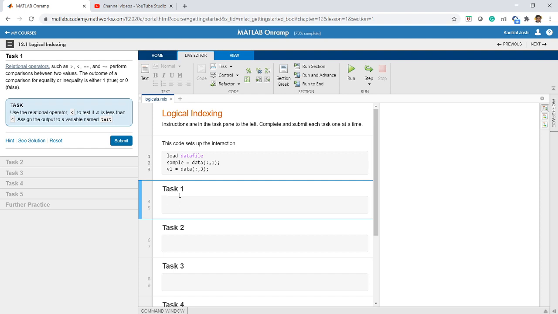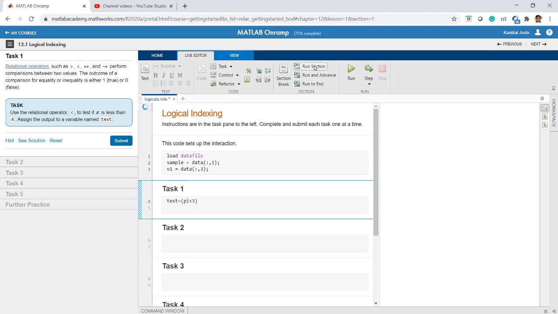So what I can do is I can use the new variable test equal to pi less than 3. Okay, pi less than 3. So I am checking that. So let me run this section and let us check how it works, whether it returns error or it runs properly.